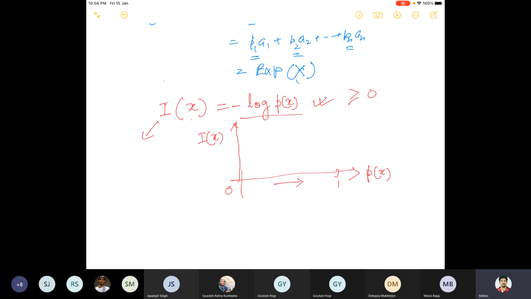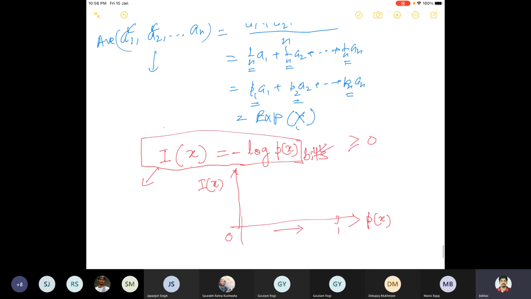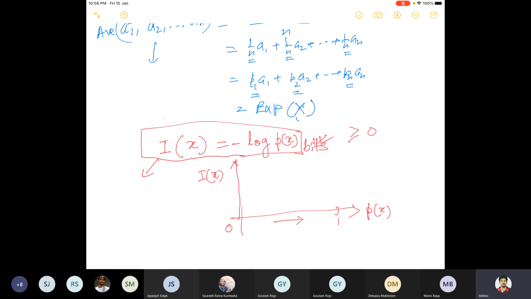Okay, so in some sense, it is also measuring how uncertain something is. Because it is in terms of bits, you can say this is a number of bits. So this is an amount of information, you can say, in the interpretation of mutual information: how much information do you have whenever I say X has occurred.